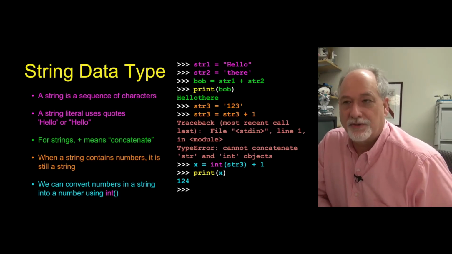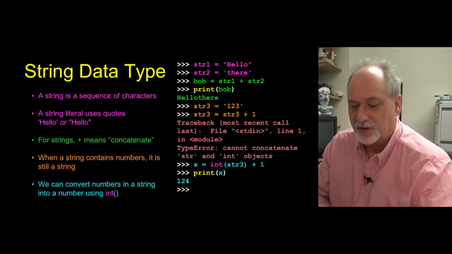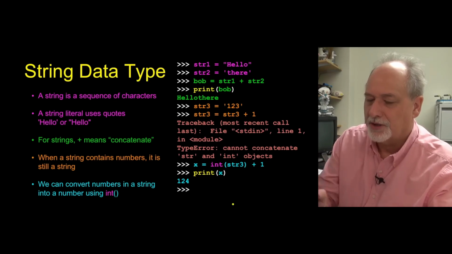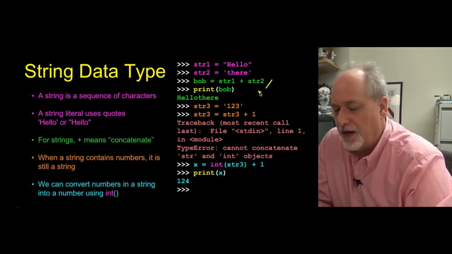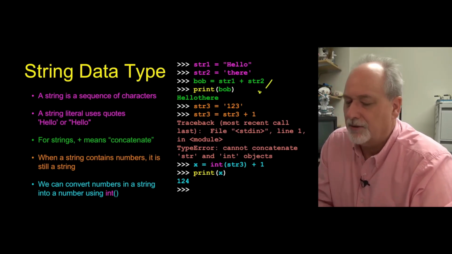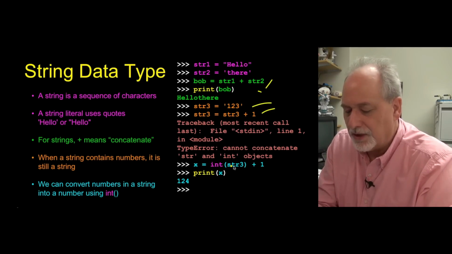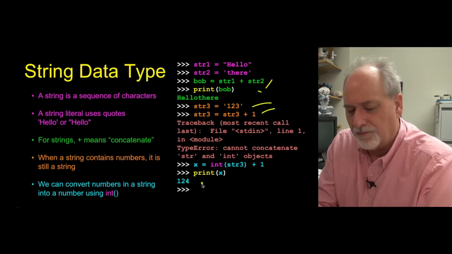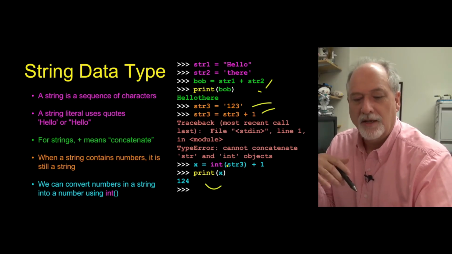So we've actually been using strings from the very first lecture, because if you print hello world, well, that's a string. And so we've been doing things. This slide here is all review. We use plus to concatenate strings. We use print to print them out. Print's just a function that takes as a parameter something: strings, integers, etc. We can put digits in strings, but we can't add to them. By now you've figured this out, but you can use things like int to convert the strings to integers and then print things out. So, you know, we've been doing this for a while. We've been talking about strings all along. Now today, what we're going to do